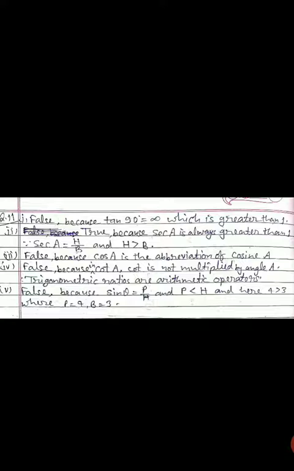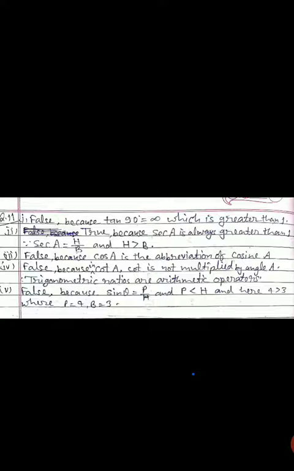And if we look at the values in the trigonometry table, sec 0 is 1, and for greater angles, sec 30 is 2 upon root 3, clear, and sec 45 is root 2, that is 1.414, so it is greater than 1.